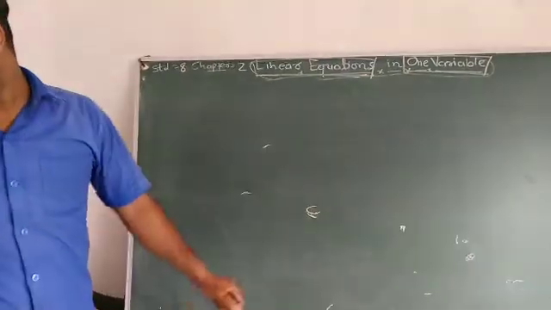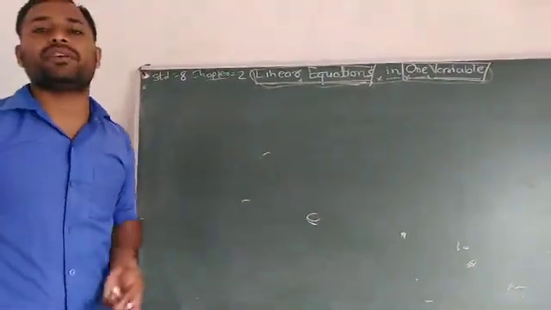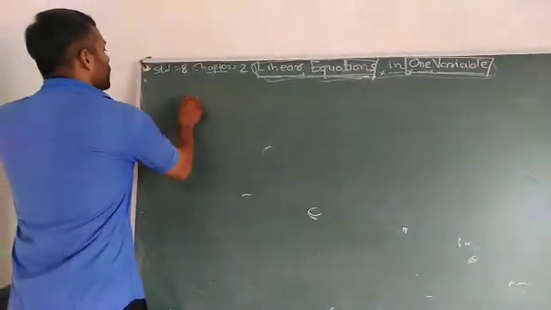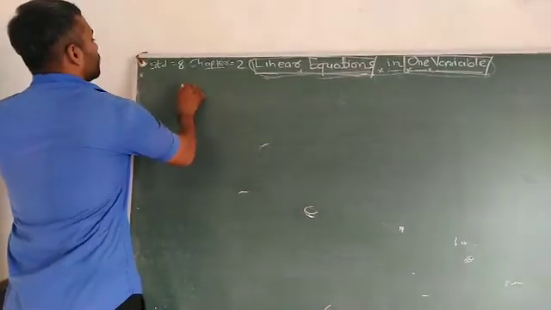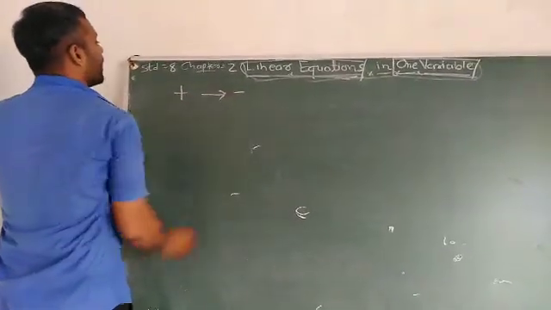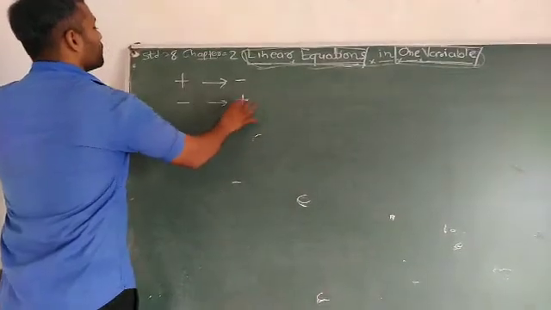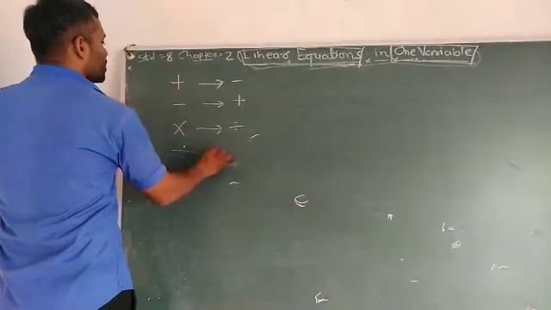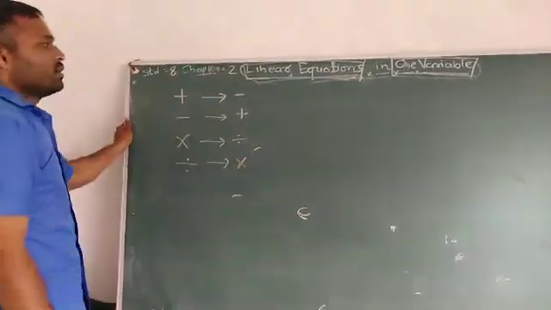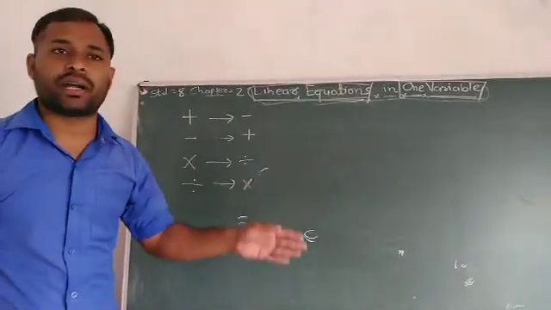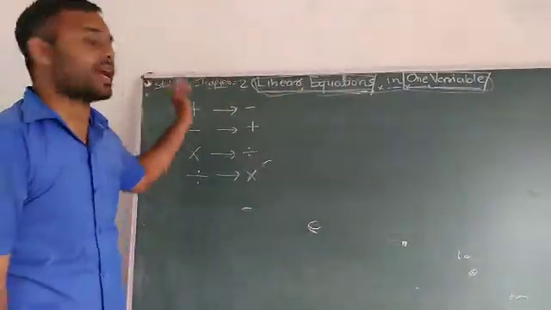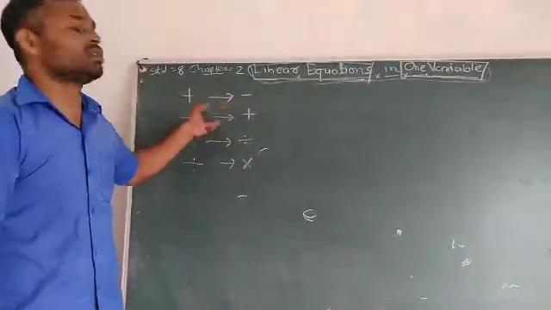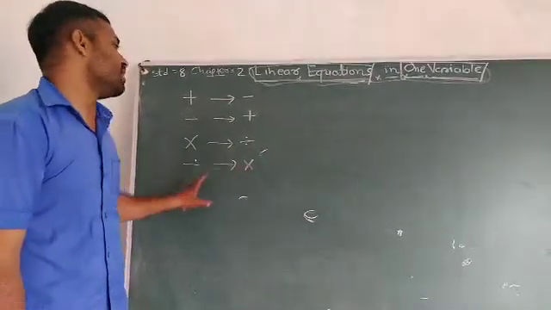Now, how can we solve a linear equation? Solving means we find x or any variable. Plus symbol is converted into minus, minus symbol is converted into plus, multiplication symbol is converted into division and division symbol is converted into multiplication. If you move a variable or any constant from the left side to the right hand side or from the right hand side to the left hand side, the symbols are changed.